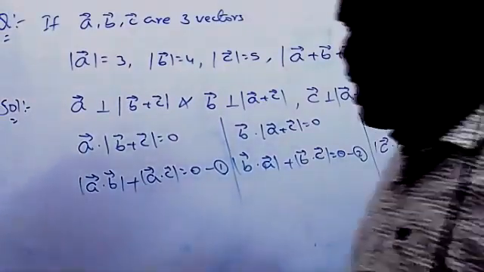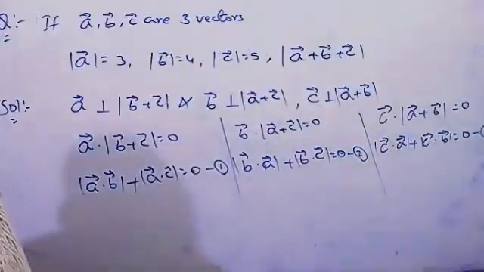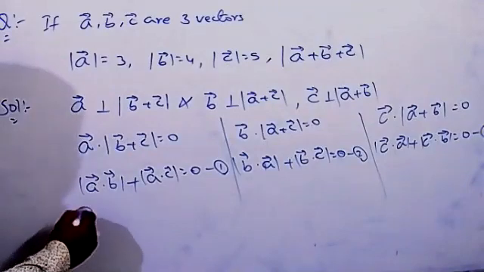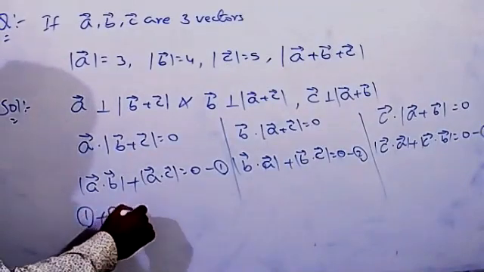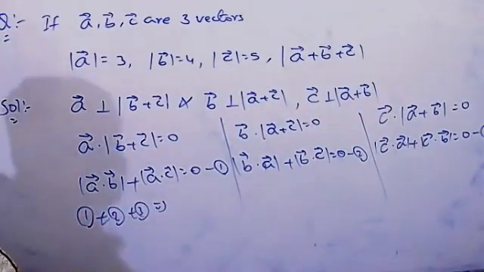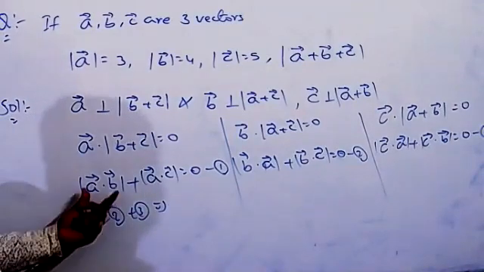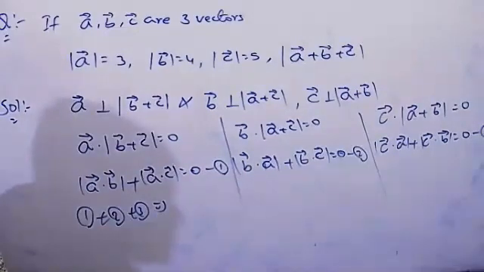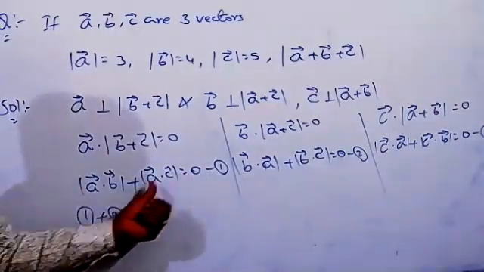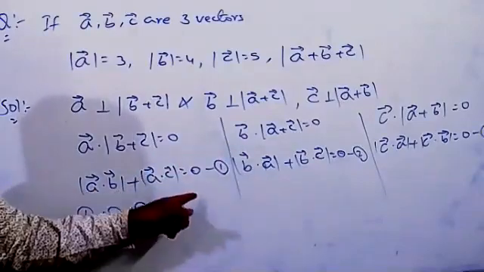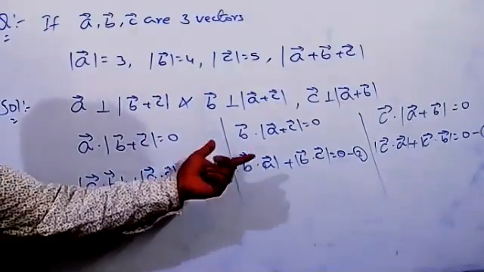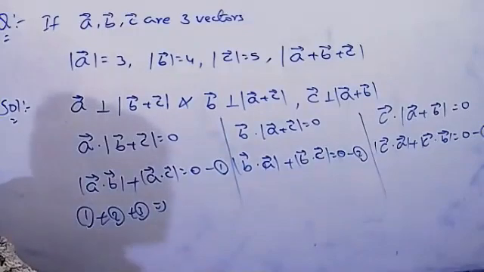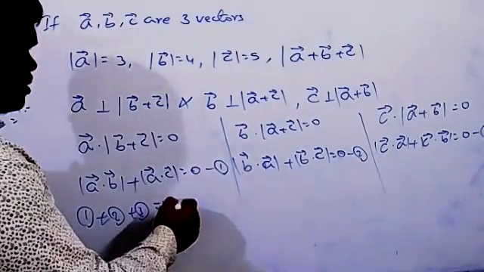Now simply, first you can add all three values: 1 plus 2 plus 3. When you add all three, observe that here also A dot B is there, and here also A dot B is there. Because A into B equals B into A, the value will be the same. I mean, two terms we have: A into C and C into A also, and the same for B into C and C into B. So clearly we can write these all.